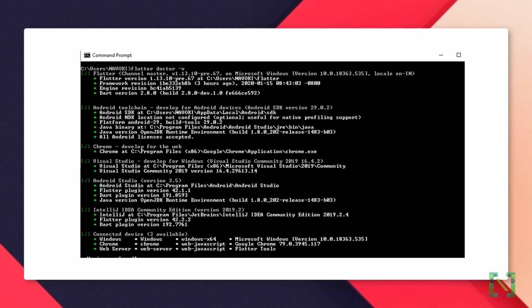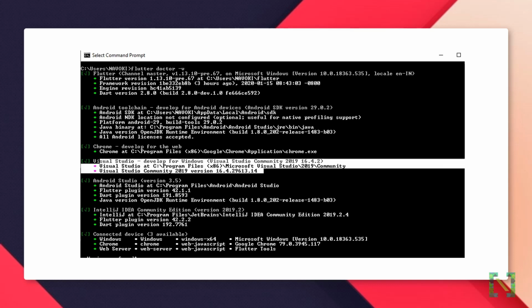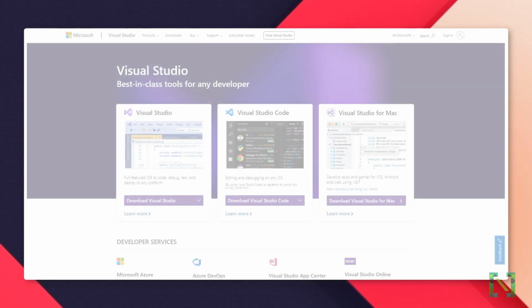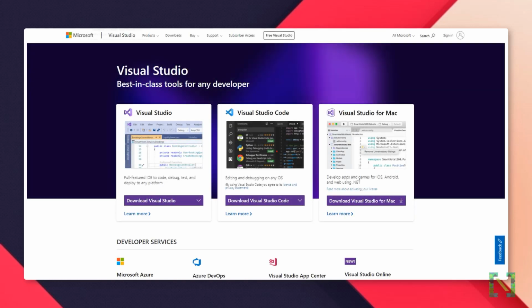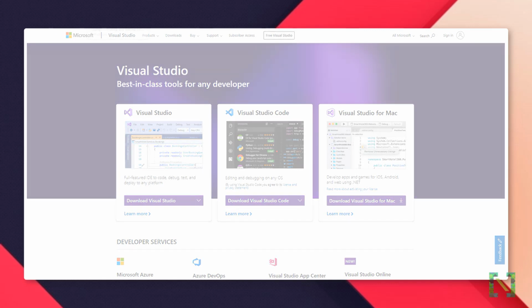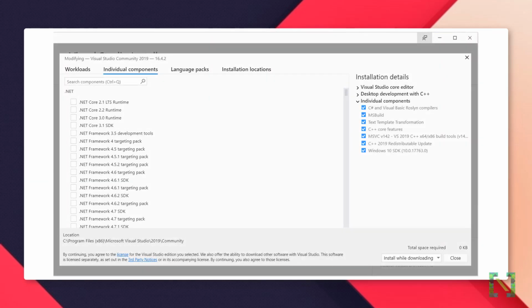You can see in the list that for Flutter Desktop, we will need a Visual Studio 2019 installation also. Make sure while installing Visual Studio 2019 that you install the same version which is shown in the list. Otherwise, Flutter SDK will not be able to detect the Windows SDK. Go to the official site of Visual Studio 2019 and download the latest version. During the installation, make sure the components installed have the same version as shown in the Flutter SDK.